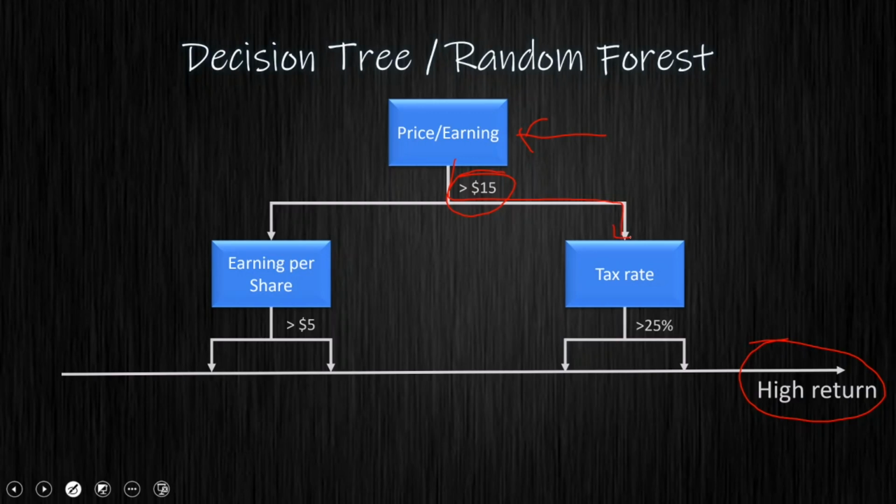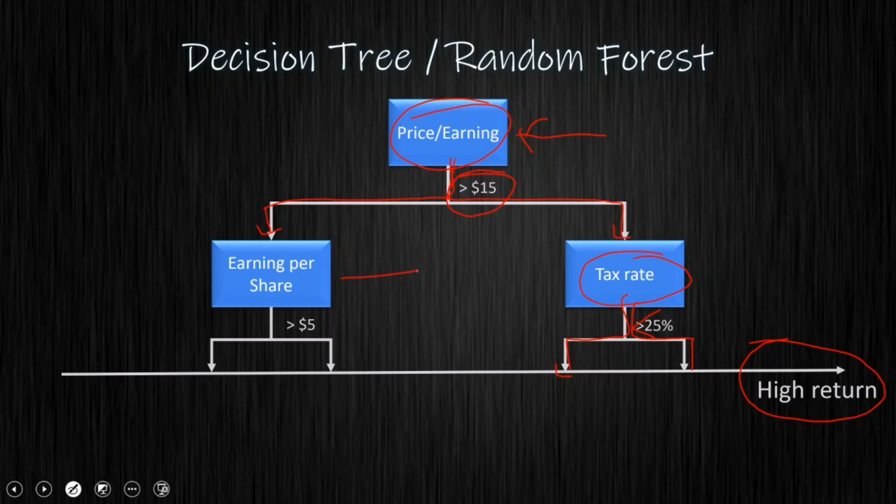then we will have higher return. And then we have the tax rate. Let's say if the tax rate is low, then the return will be higher. So actually here it should be smaller than 25%, for instance, then the return will be higher. And if the tax rate is above this threshold, then the return will be lower. On the other side of the tree, still starting from the price earning ratio, if we are below this threshold of 15, then we will have